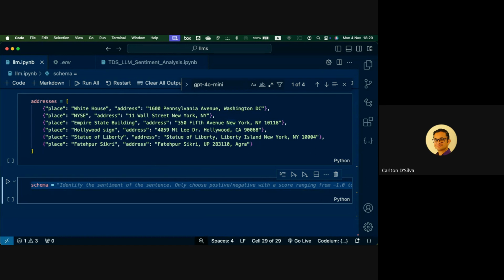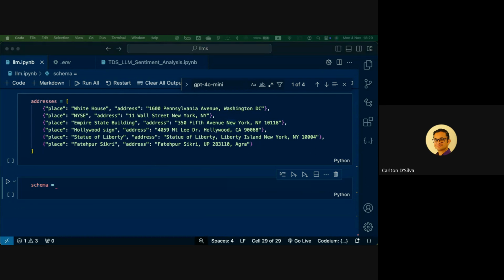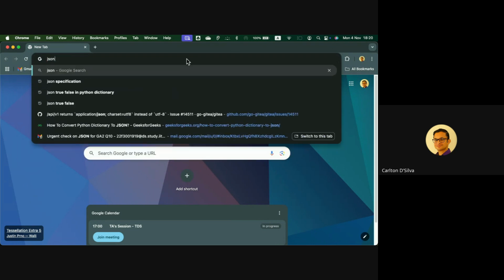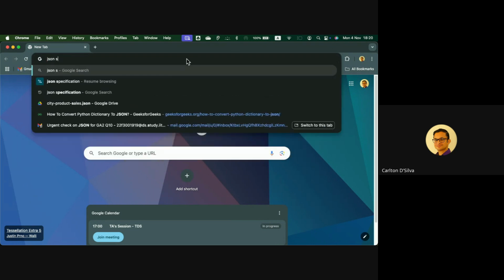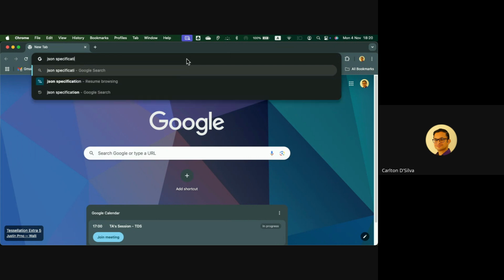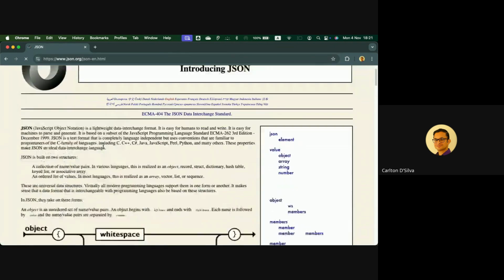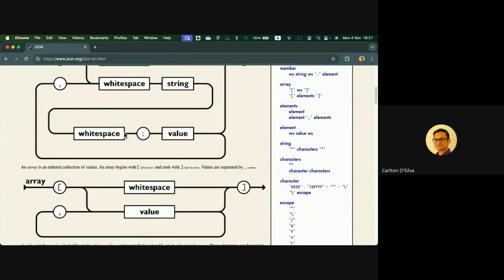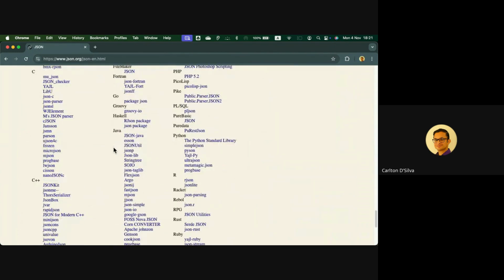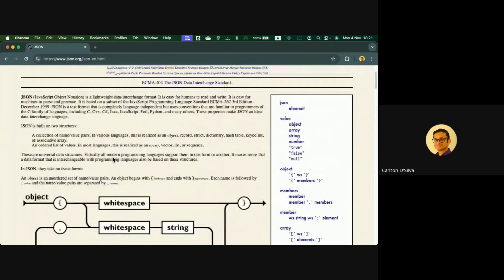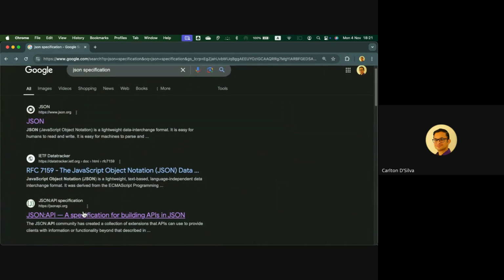Okay. And for that, there is some very good documentation, and I recommend you go through it.